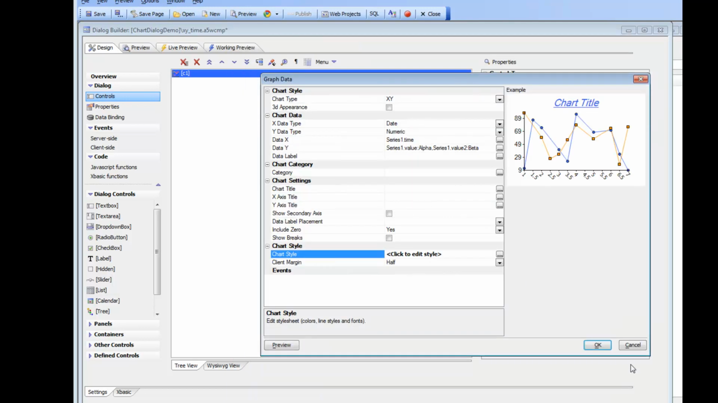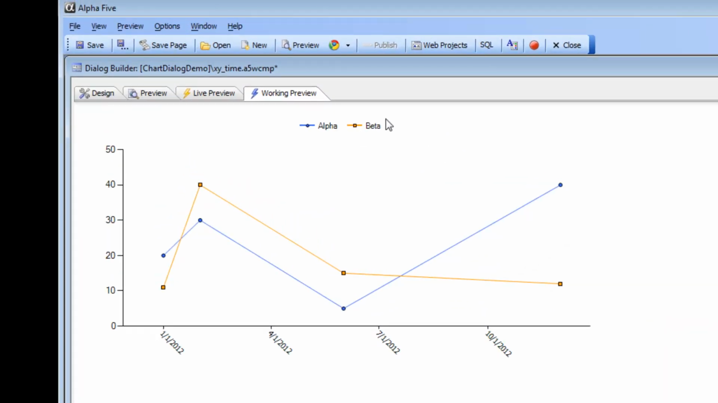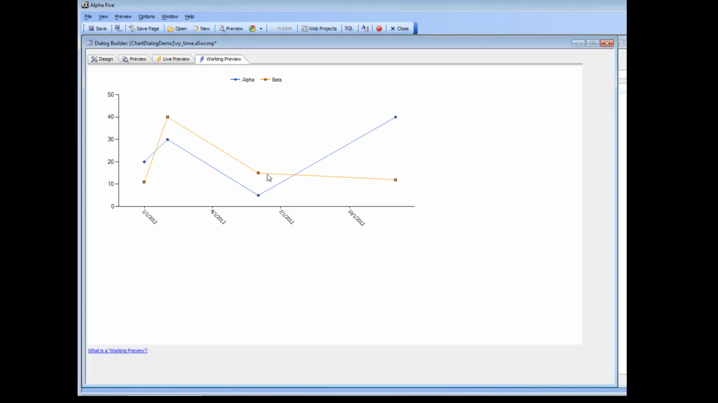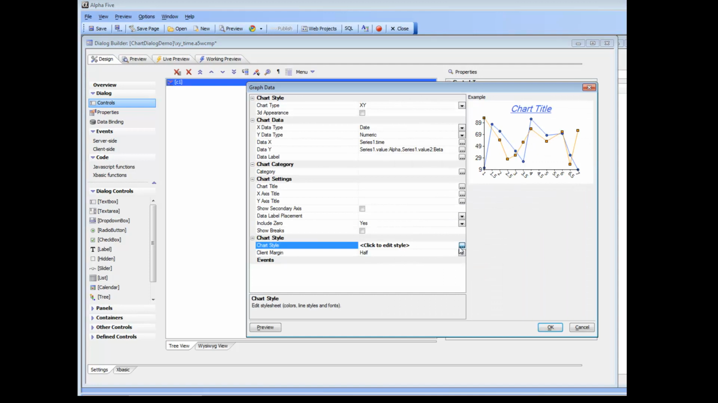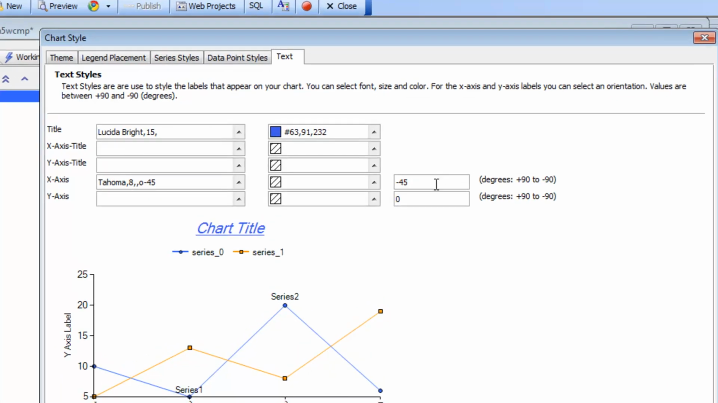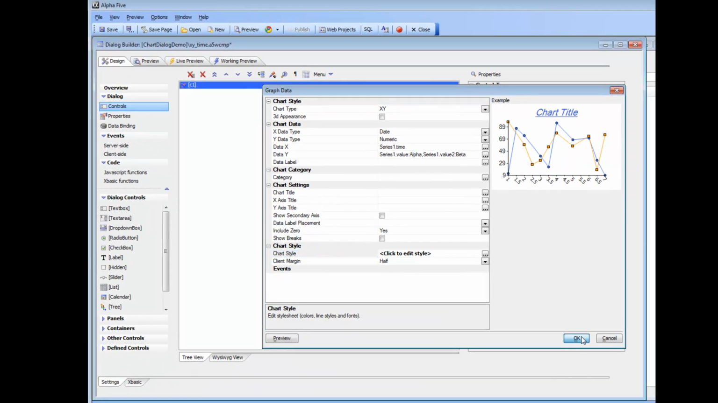So now let's go back to our preview, and there you can see there's our chart, there's our legend for the two series alpha and beta, which is printed above the chart. There are two lines with the different data point styles. There's our actual x-axis labels, which have been specified at an angle. So if we go there to text styles, we can see we've chosen a minus 45 degree angle for the